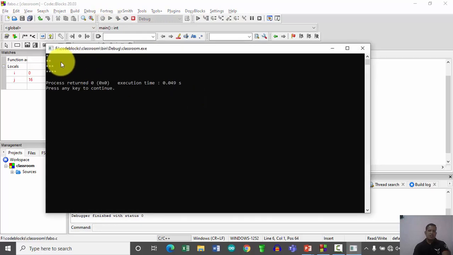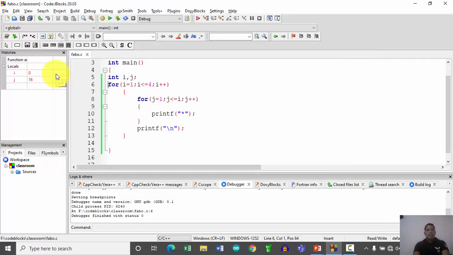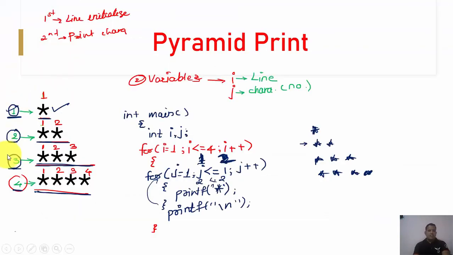So here is the output, I am getting this output here. Fine. Now here the number of lines, whatever we have said, we kept this to 4, that is a constant value. But now what I want is to take a number from the user. The number of lines I am supposed to get from the user. Suppose I am going to enter 5, then what should happen?